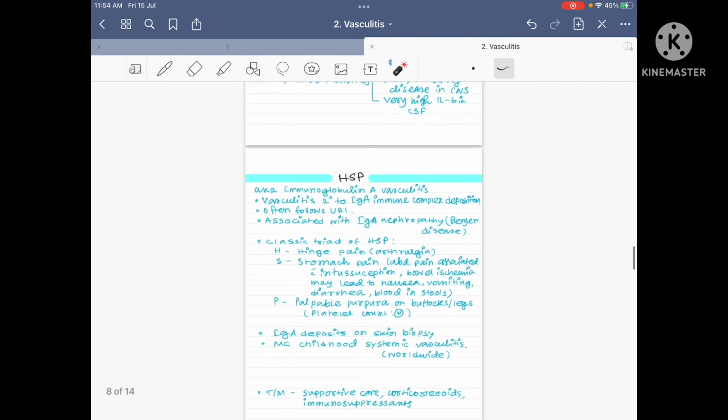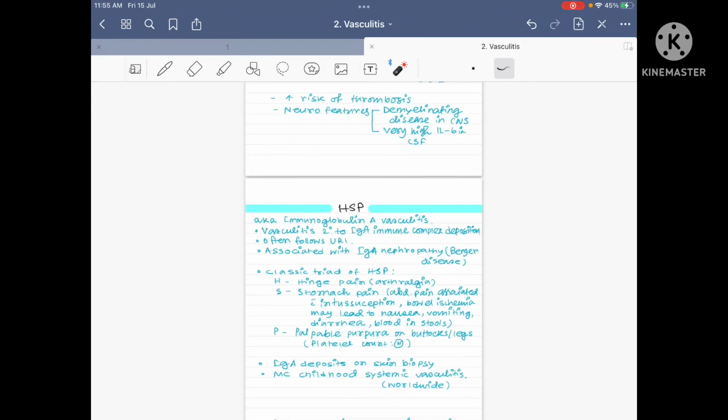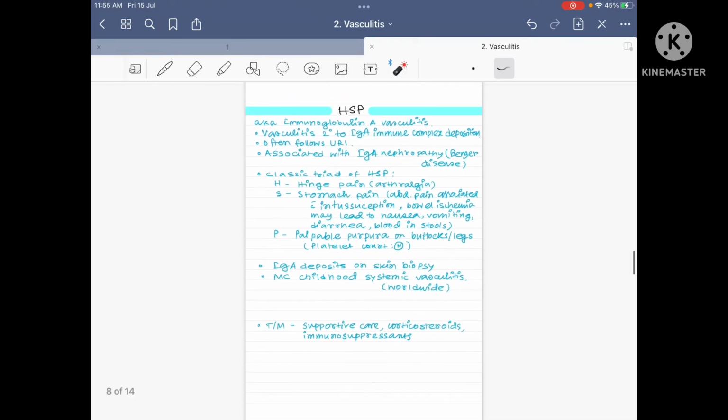And after Behçet's there is HSP, which is also called immunoglobulin A vasculitis. Vasculitis secondary to IgA immunocomplex deposition, often follows upper respiratory tract infection and is associated with IgA nephropathy. Clinical triad of HSP: H stands for hinge pain, that is arthralgia. S stands for stomach pain, that is abdominal pain associated with intussusception or bowel ischemia, may lead to nausea, vomiting, diarrhea, blood in stool. And P stands for palpable